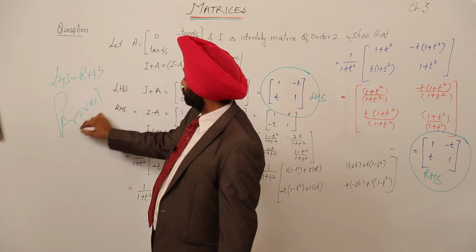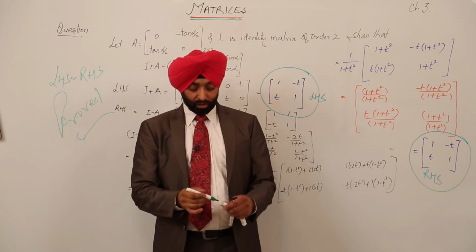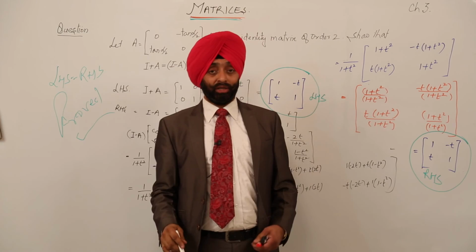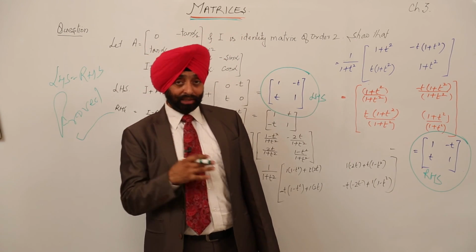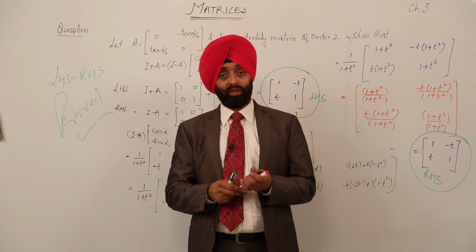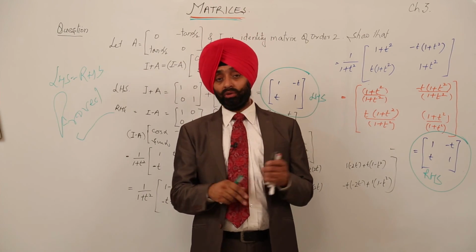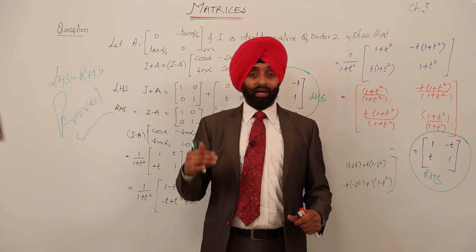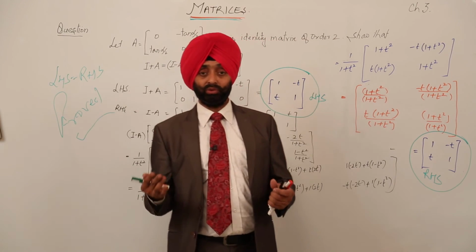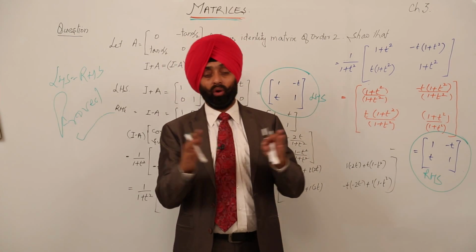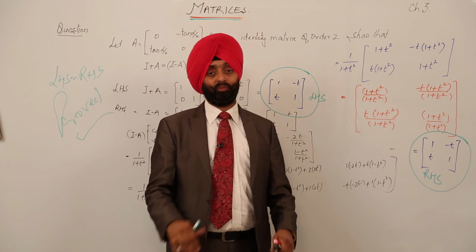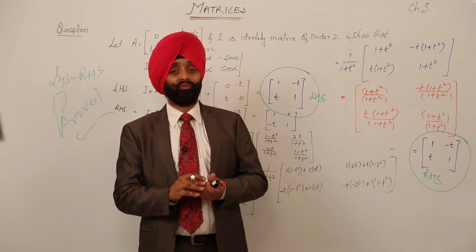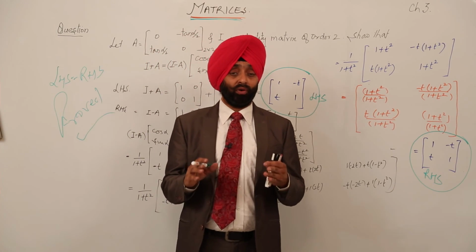We have proved it. Okay, so this is an important question, and be careful: if you put cos alpha and sin alpha as 1 minus t square or 1 plus t square, taking t as tan alpha by 2, then it simplifies the question. Otherwise you can solve it, but the calculation will flow like this, and there can be some mistake. And secondly, we have to save the time for other questions.